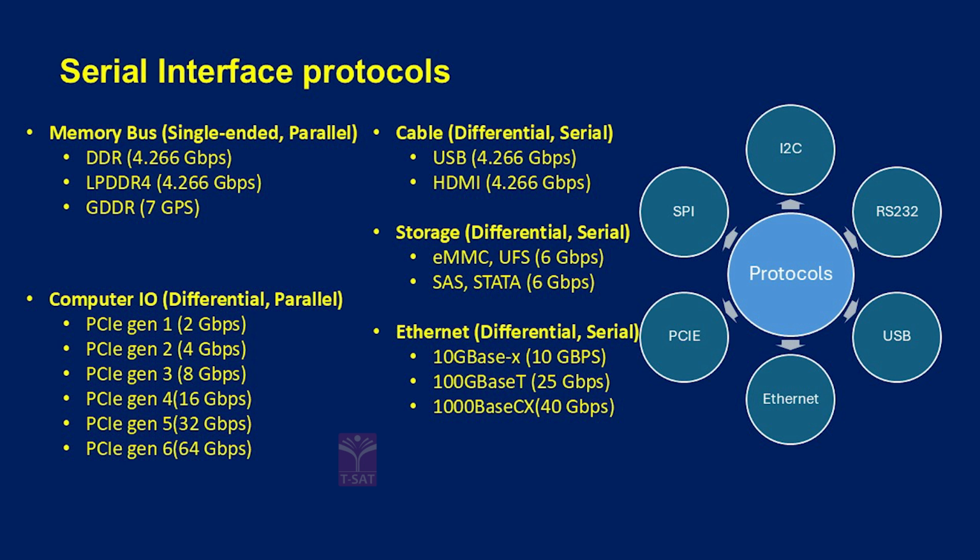Storage, eMMC, SATA, they are used for storage. Cable media, whatever the data is transferred through the cable media, gets transferred using USB and HDMI. We know about HDMI. On all these televisions at the backside, we see an HDMI cable, and we use that cable to connect to another device, maybe